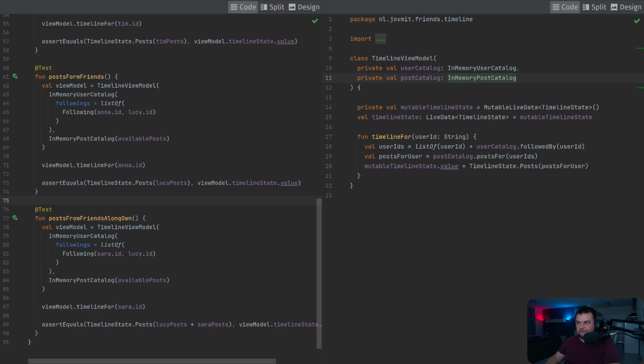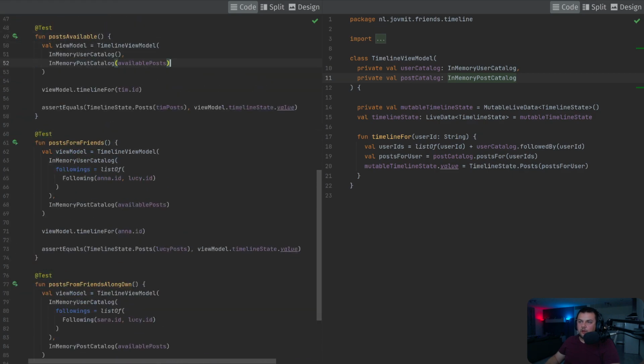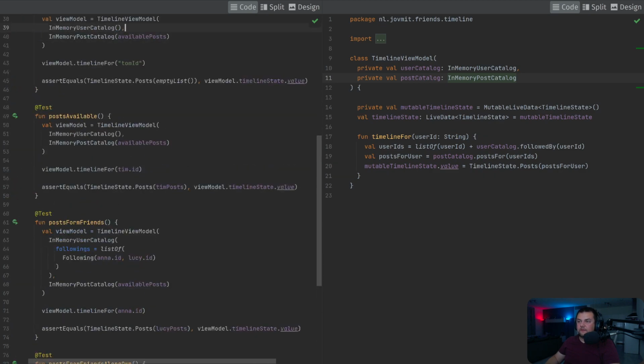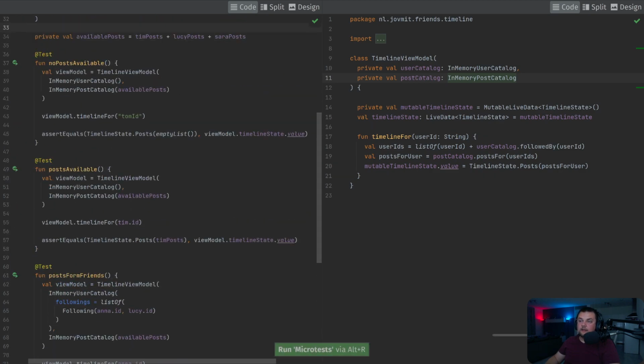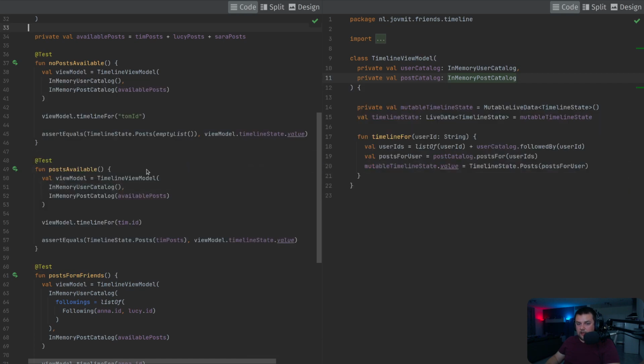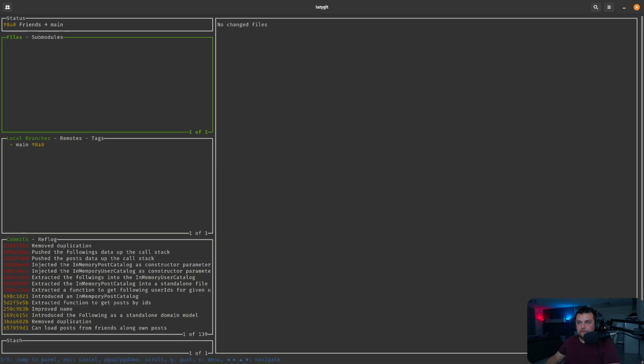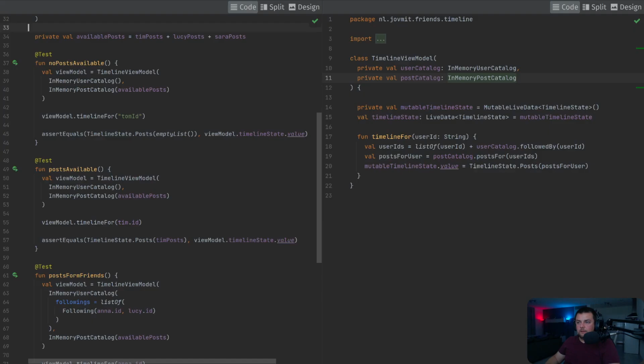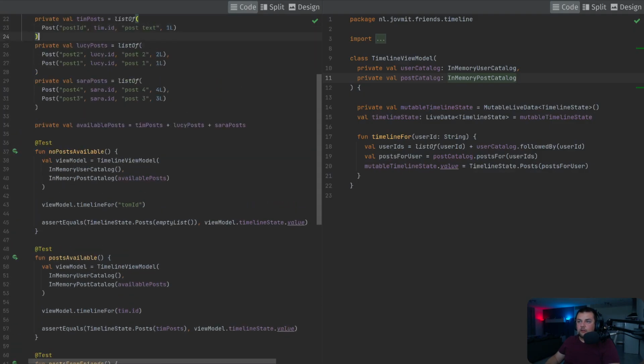Basically, that might not be a valid reason, in fact. But anyway, I just feel that this is where I'm going to stop. If I need some cleanup a little bit later on, I can definitely do that. But for now, I feel like this is more than good enough. And I am green. So the last thing that I want to do is